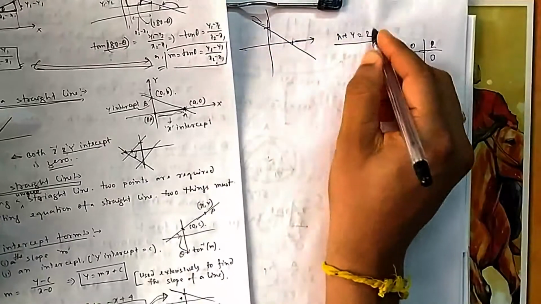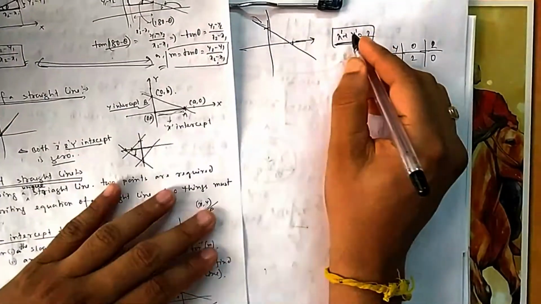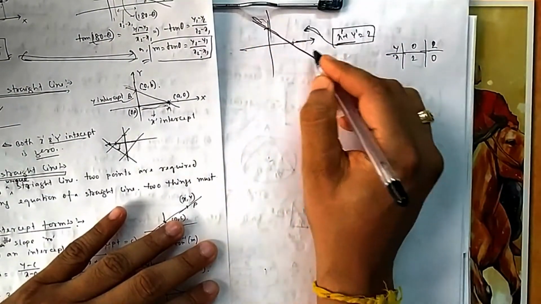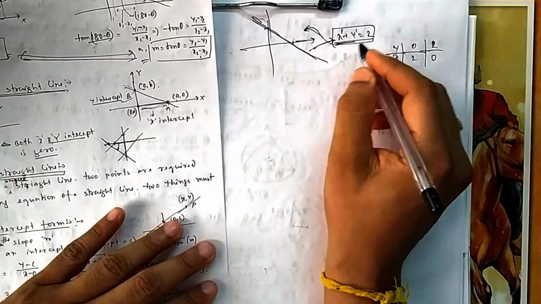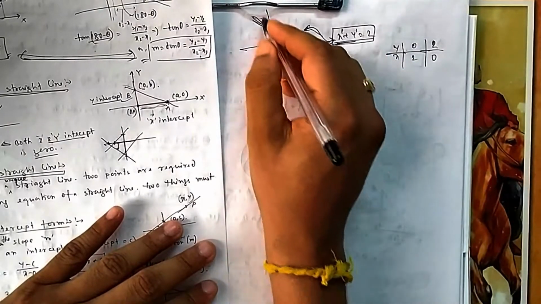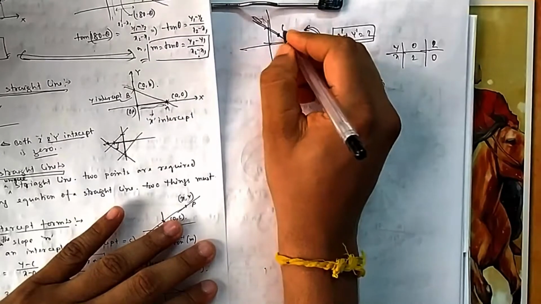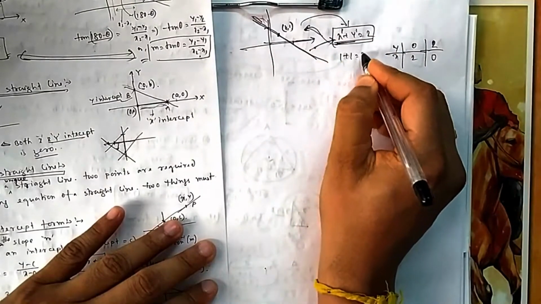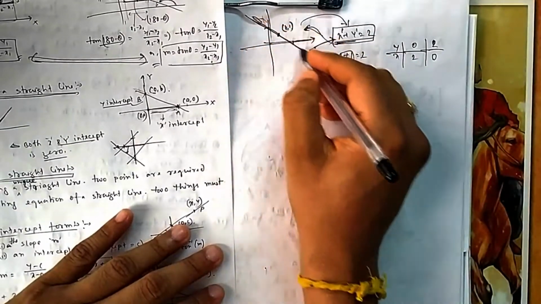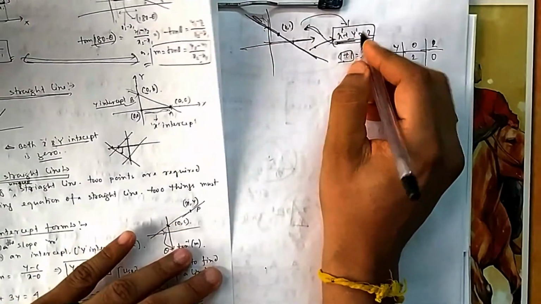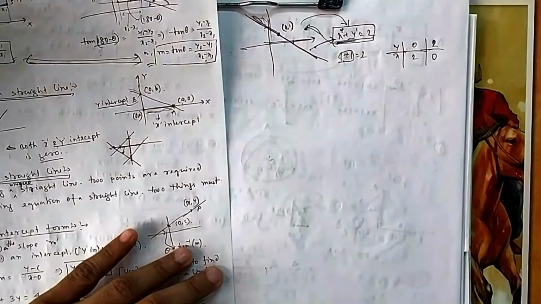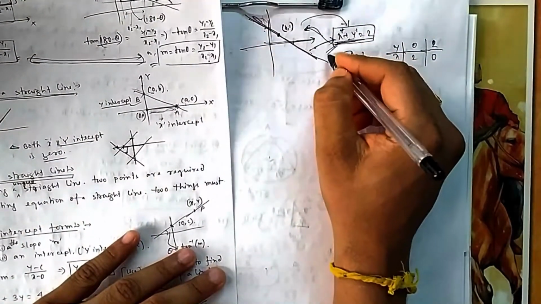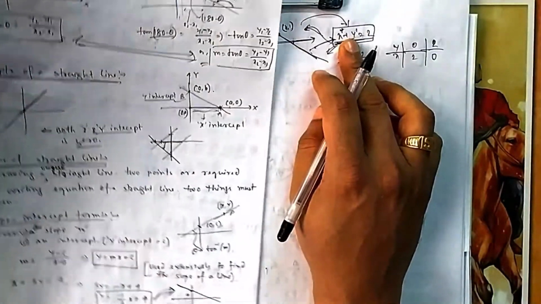So you think that any linear equation, it is a linear equation because order is 1, power is 1, represents a straight line. So this line is represented by this equation. You take any point on this line, suppose 1, 1 is a point. If you put it here, it will satisfy: 1 plus 1 equal to 2. So all the points of this line will satisfy this equation. That's why x plus y equal to 2 represents all points that lie on that line, or we can say this represents the straight line. So a straight line is always represented by a linear equation.